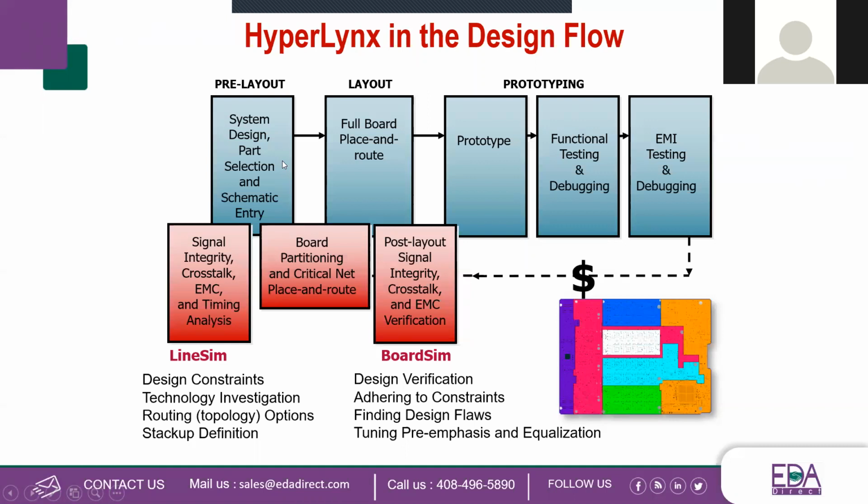Now, obviously, in the early stage of the game, the simulation will not be accurate because you haven't got everything done yet. But at least you will be able to see, oh my God, this signal after 2 inches looks really bad. I really need to focus on this. And then for part selection, maybe if you have an FPGA design